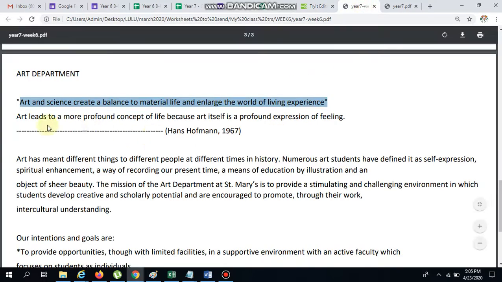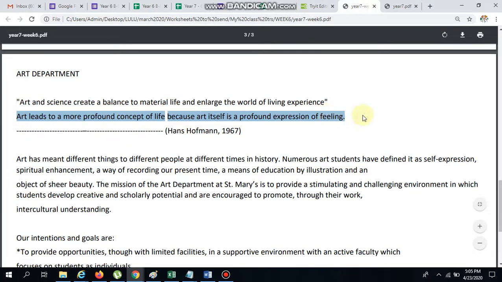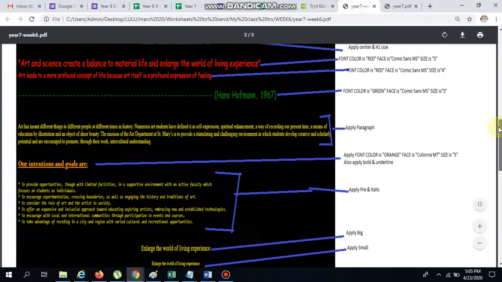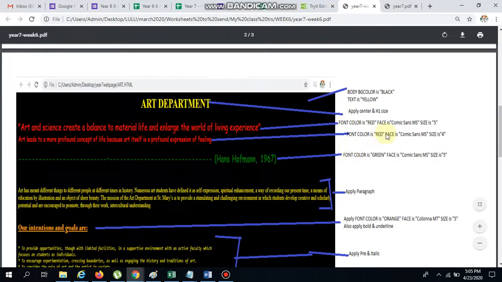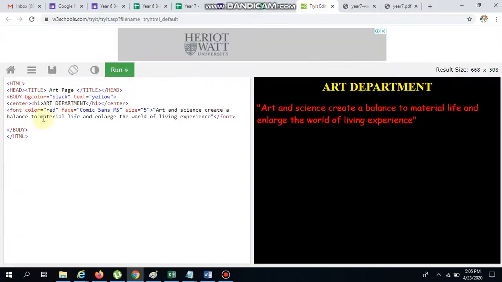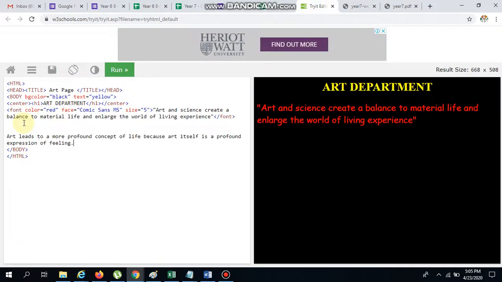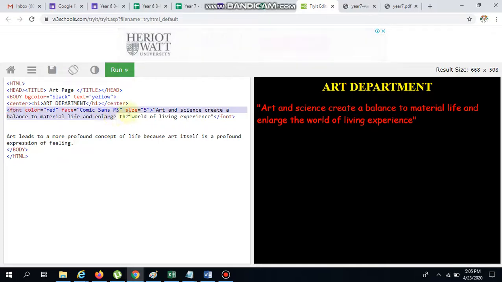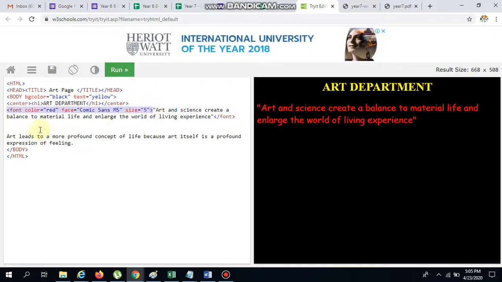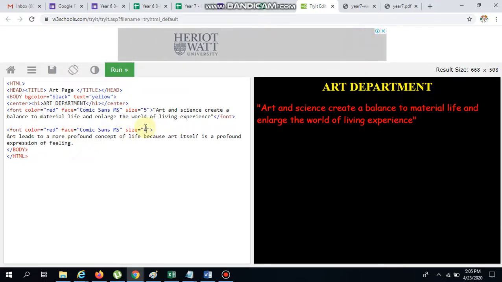Then after that I have to copy this sentence. This sentence should get font color red, face Comic Sans only, but size is 4. So I pasted that sentence. The same thing I have to copy because the same font color and the same font face are mentioned, but the size should be 4. I change the size.